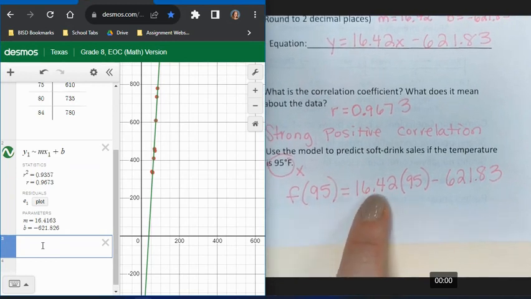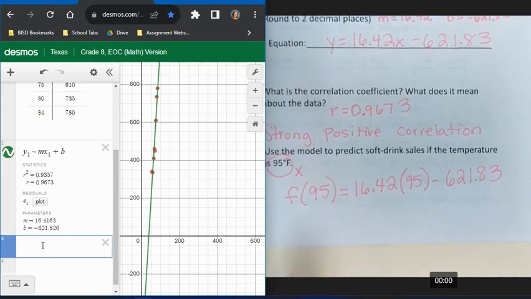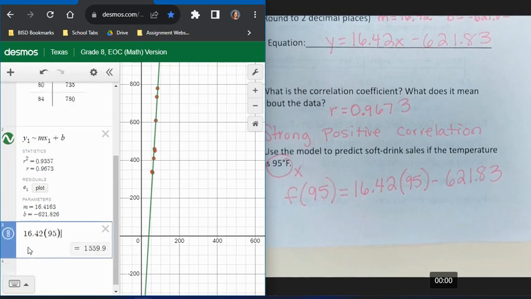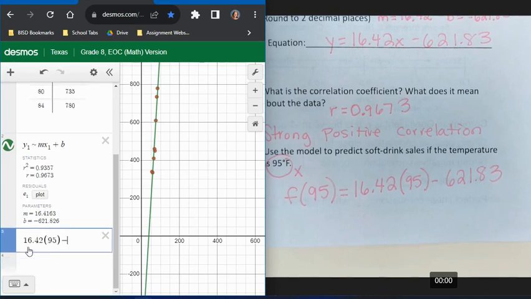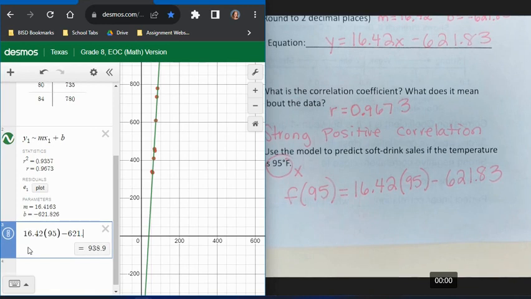We're substituting in 95 for X. I'm just going to put it straight into number 3. So I'm going to do 16.42 parentheses 95 minus 621.83. And then look what pops out,